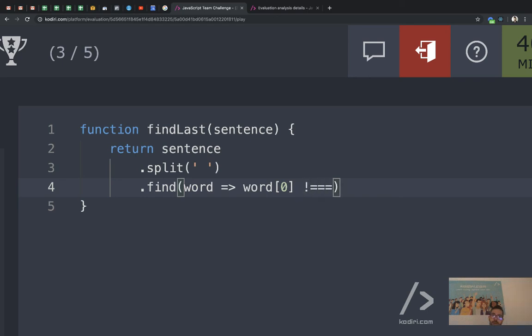Not equals to word lowercase, dot to lowercase, like that. You are comparing a character, ABC, with an entire expression. No, yeah, the square bracket 0. Correct. That looks better. Only one thing, as you probably know already, I'm not a big fan of the negation